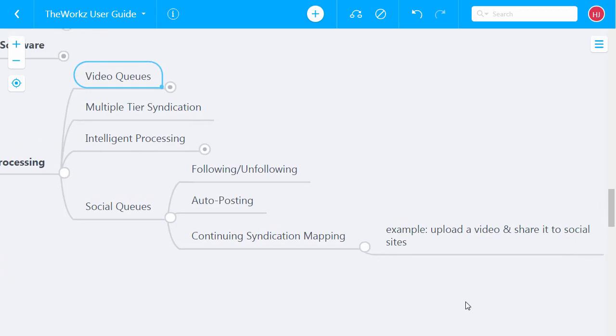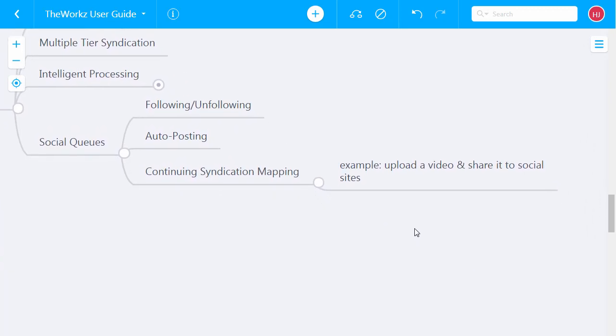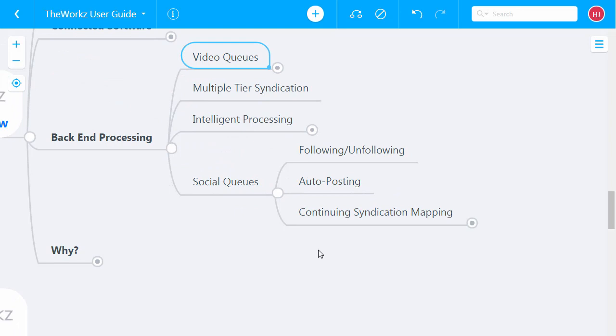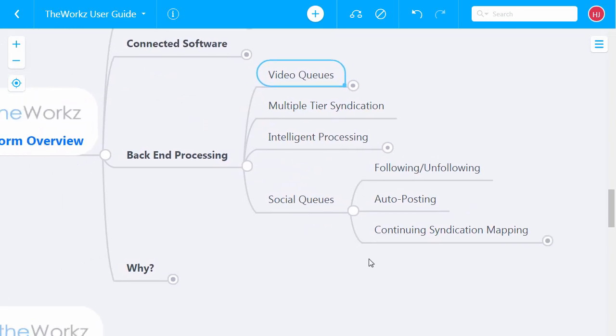For example, like I said, upload a video, share it to social sites, and you could take your social links and put them on your blog, and you can take the blog links and put them on more social sites. There are so many ways to design what we call the syndication mapping. So that's the whole idea.